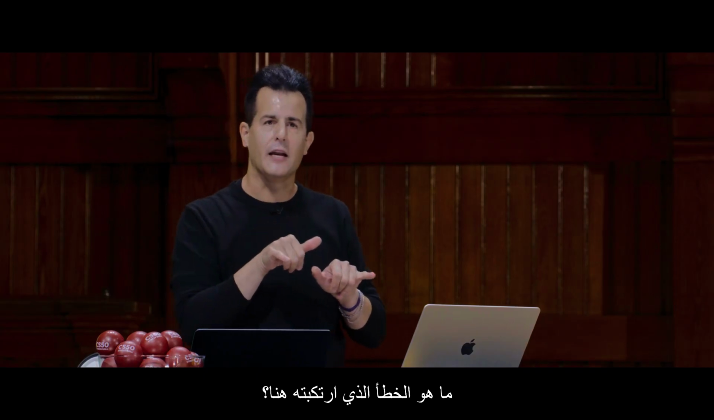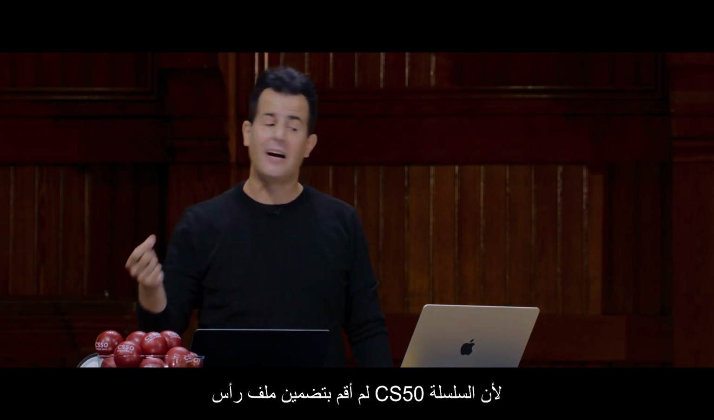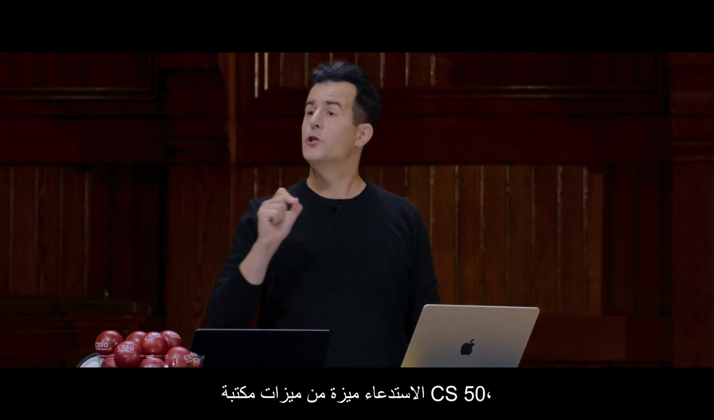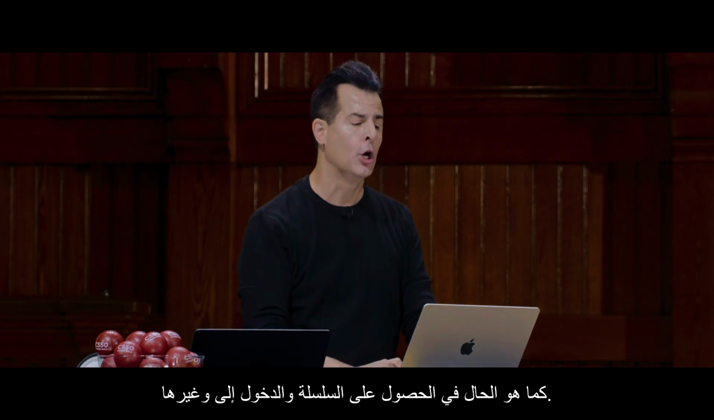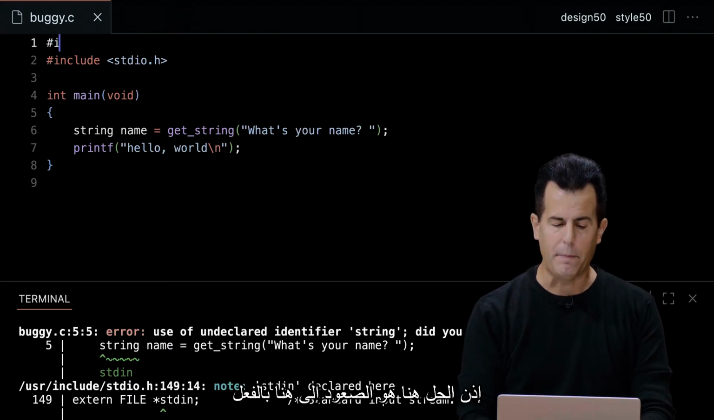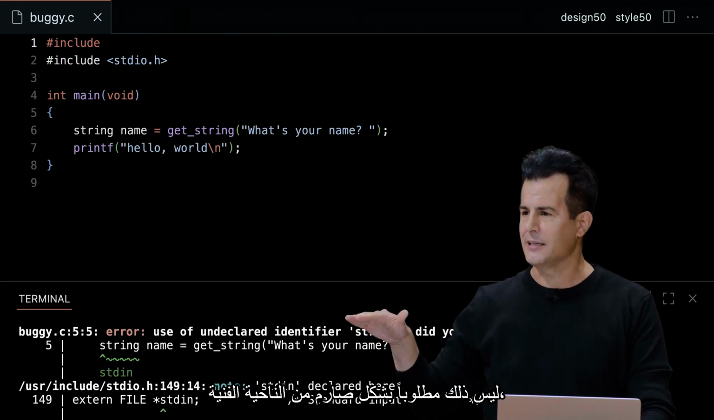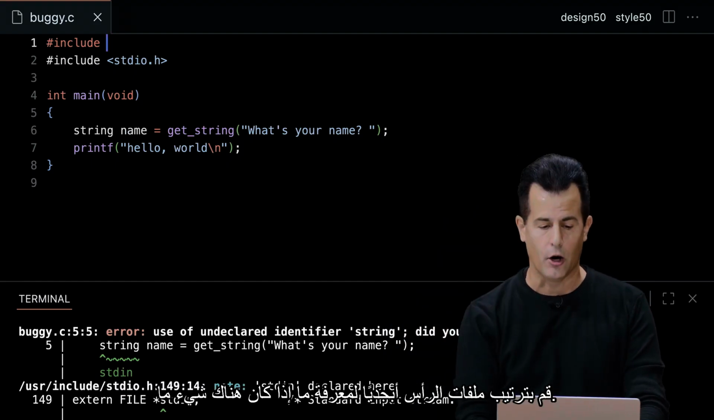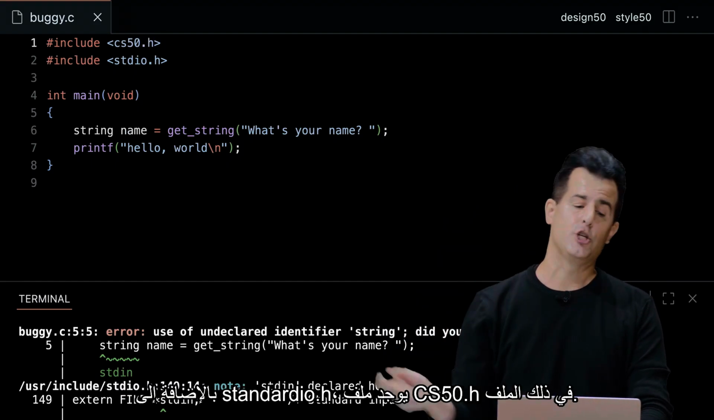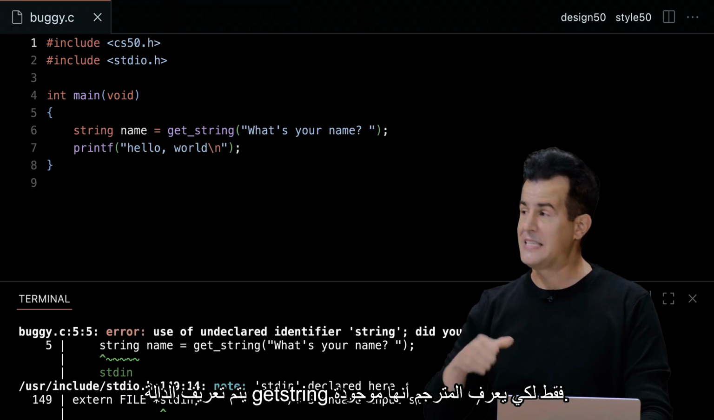What's the actual mistake that I've made here? Yeah? Yeah, I didn't include the CS50 header file because string, recall, is a feature of the CS50 library, as is getString and getInt and others. So the solution here is indeed to go up here. And just to be nitpicky, I tend to alphabetize my header files. It's not strictly required technically, but stylistically, I find it nice to be able to skim the header files alphabetically to see if something is there or not. I can include CS50.h in addition to standard io.h. And it's in that file, CS50.h, that not only is getString